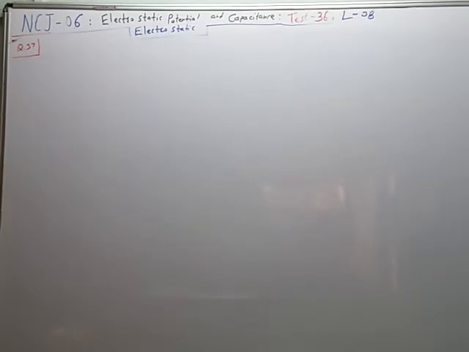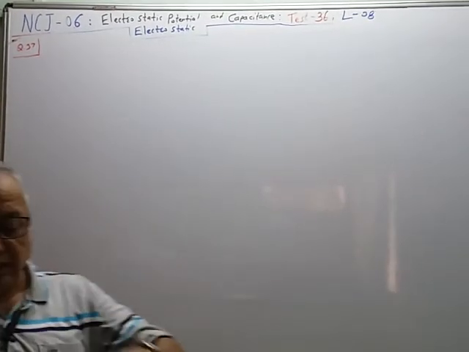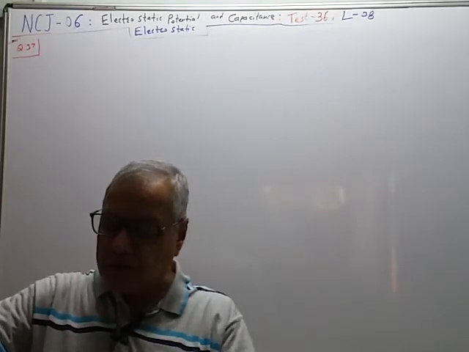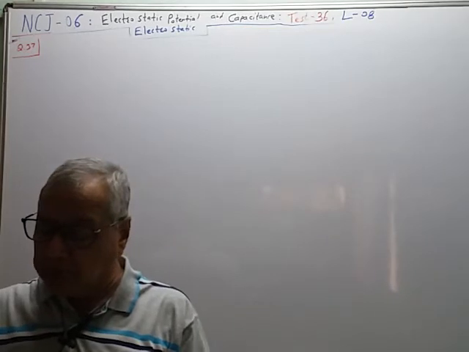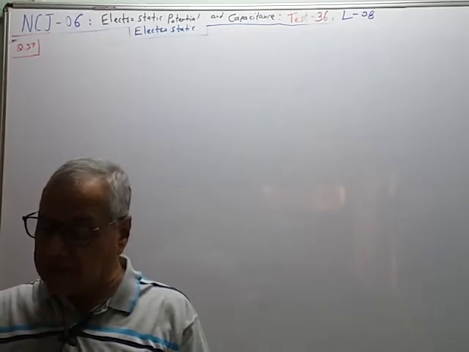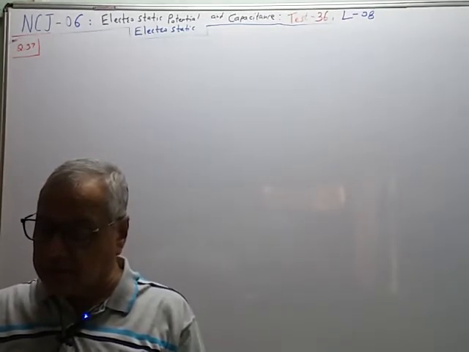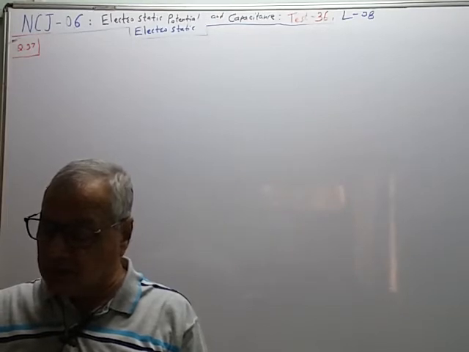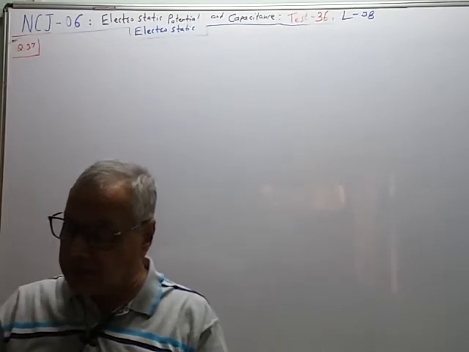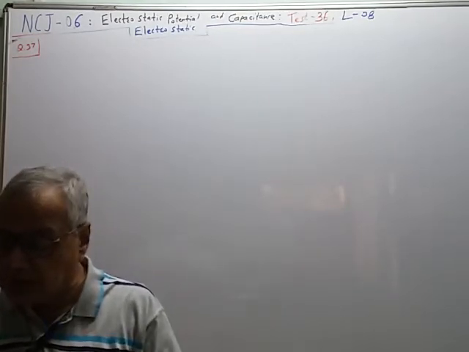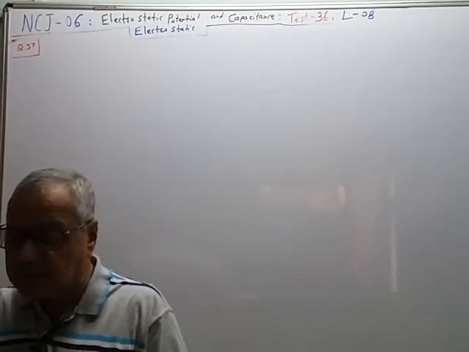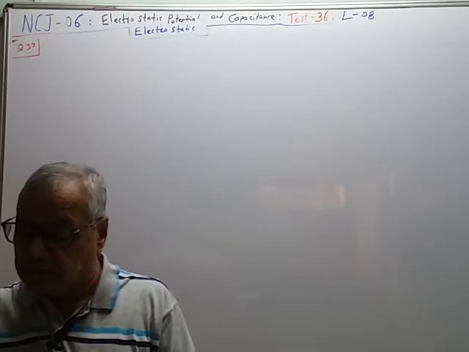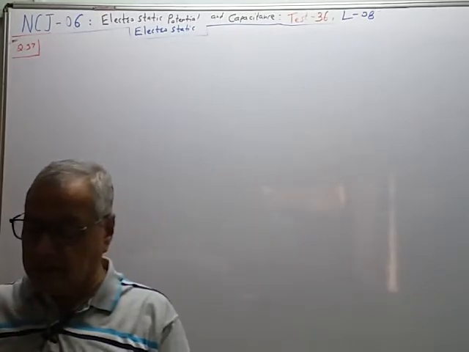Let us see this next question, MCQ question number 37. Actually, this is a theoretical question that we have solved in our board books problem. A parallel plate capacitor has the space between its plates filled by two slabs of thickness d by 2 each and dielectric constant K1 and K2. D is the plate separation of the capacitor. The capacity of the capacitor is